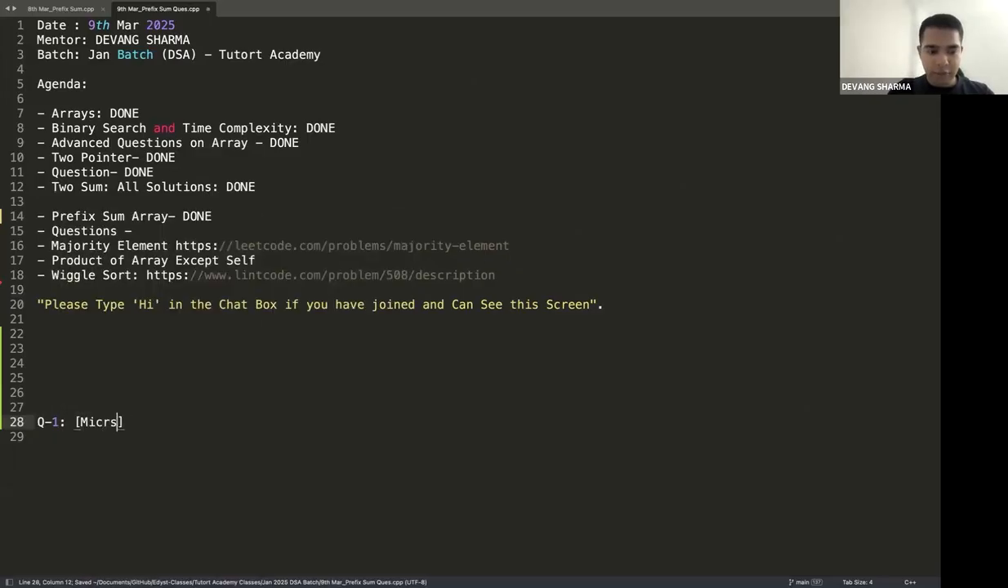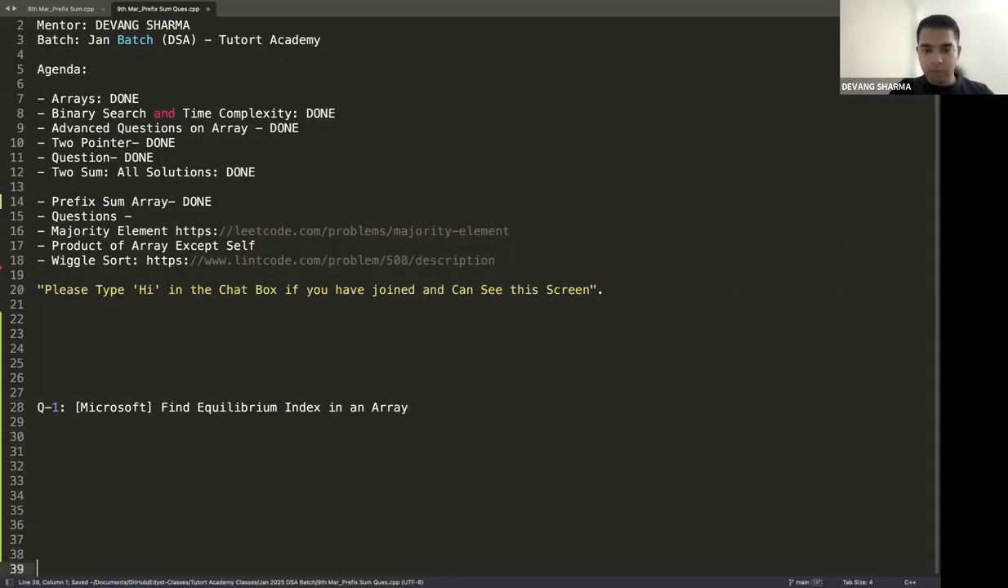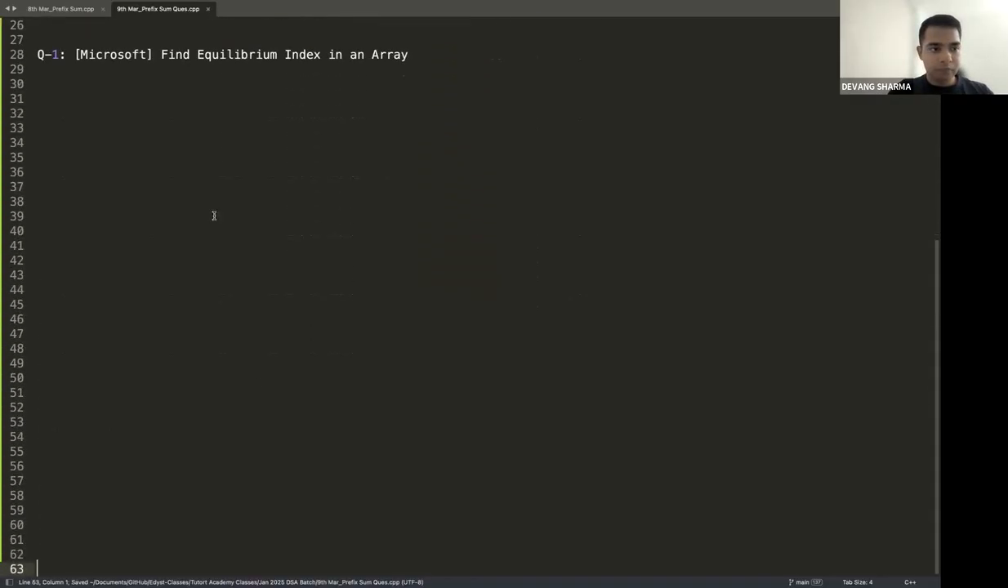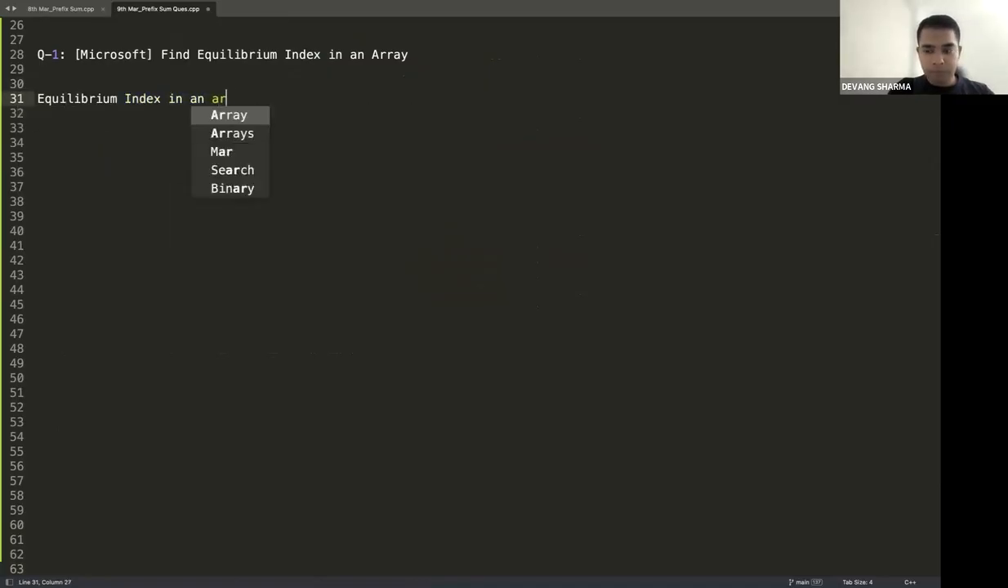This question has been asked in Microsoft. We'll start with the question. The question is called equilibrium index. So find the equilibrium index in an array. When we say equilibrium index, we need to define what exactly an equilibrium index is. So an equilibrium index in an array is an index